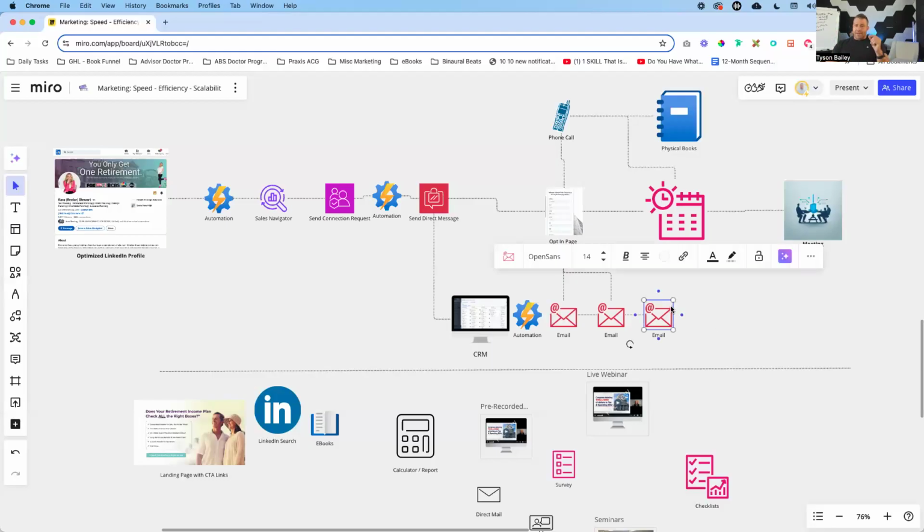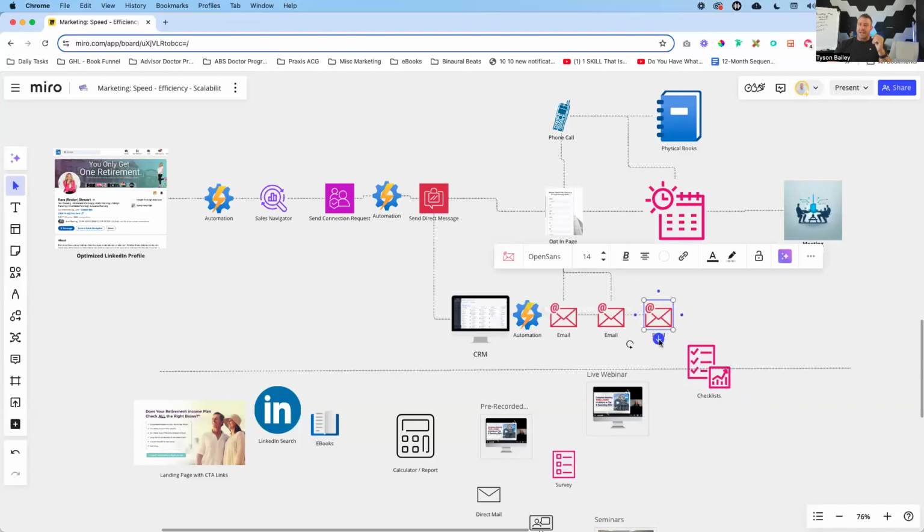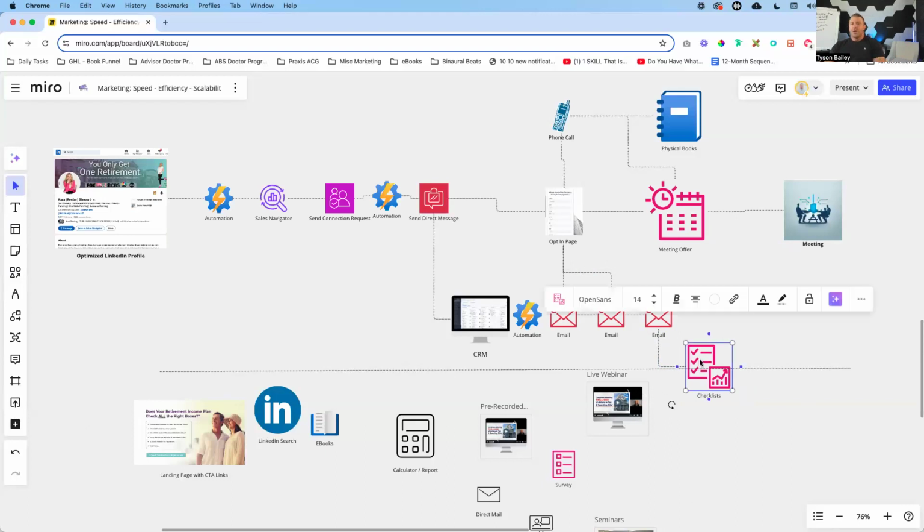Now with that, one of the things that we have as part of this warm-up email sequence is a checklist that we offer these individuals. That's a very valuable checklist. Just saying, hey, here's some things that we recommend our clients review at least once a year, if not more. And I think there's like 64 points on that checklist. But again, it's just positioning value and showcasing that you are an information source. You are a resource. Now, with this checklist in particular, we have this structured as ungated content.